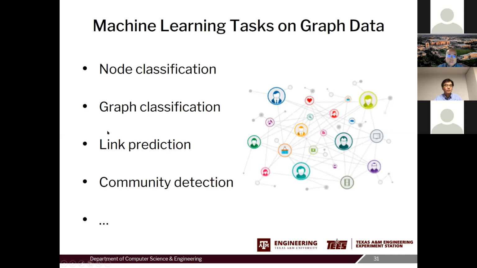Also, you can do link prediction and community detection. I will not talk about a particular application, but about what the key operations are in all of these cases, and how we can extend deep models for images and NLP to graphs.